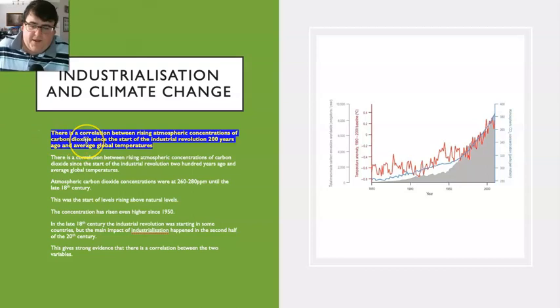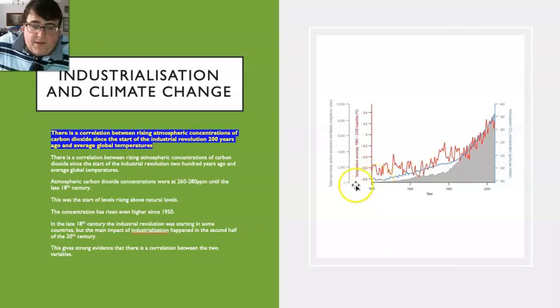So, what's the evidence to say this is a result of humans, that the world is getting warmer or the weather is becoming more erratic because of humans? Well, there is this correlation. As atmospheric concentrations of carbon dioxide have increased since the Industrial Revolution, we've also seen an increase in global